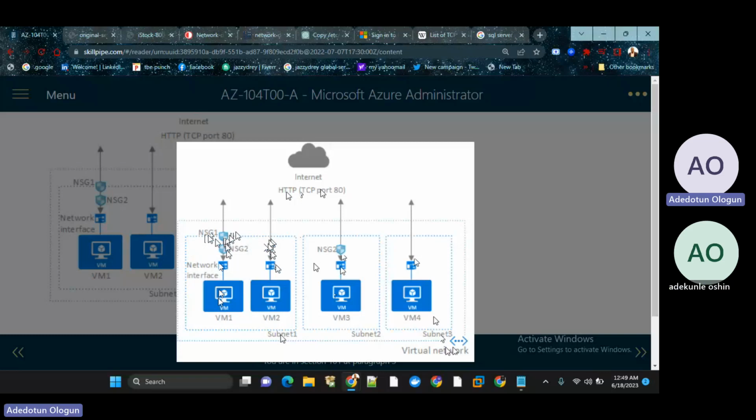Yeah, the two machines in the first subnet. You understand? So because the NSG is placed at the edge of your subnet, everything inside it will be affected. So if you say allow traffic from the internet at this NSG1,